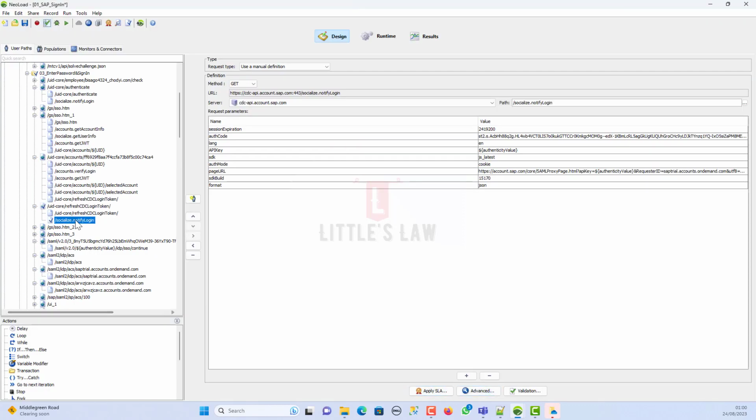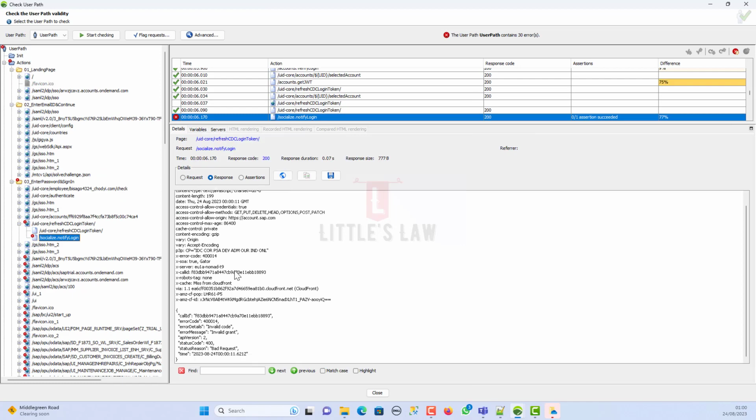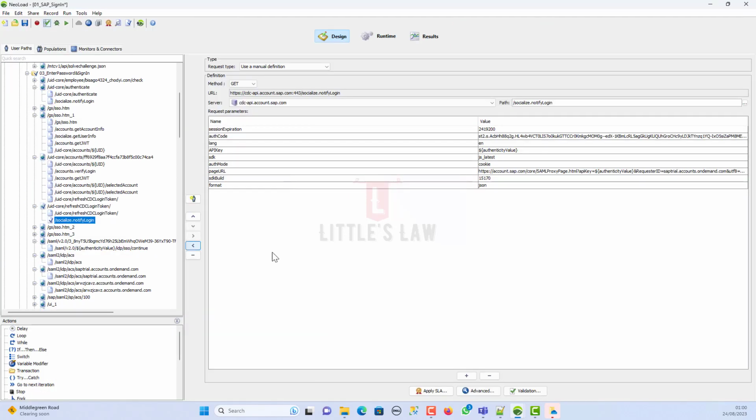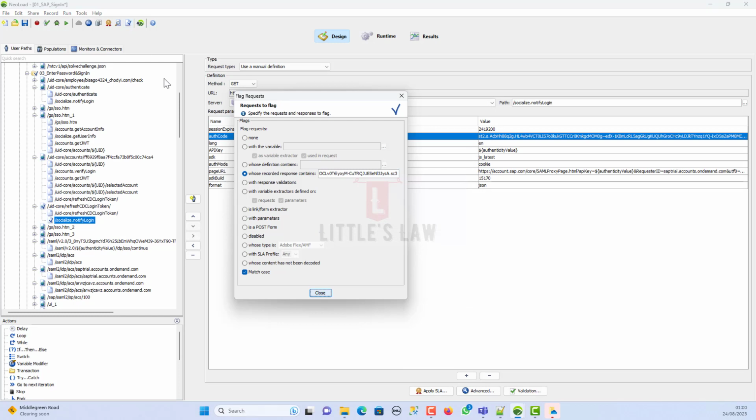So let us go back to the response here. Go to details and response. So here we can see it shows a bad request, which means this request has failed. So what we have to do is we have to correlate the value from here. So auth code